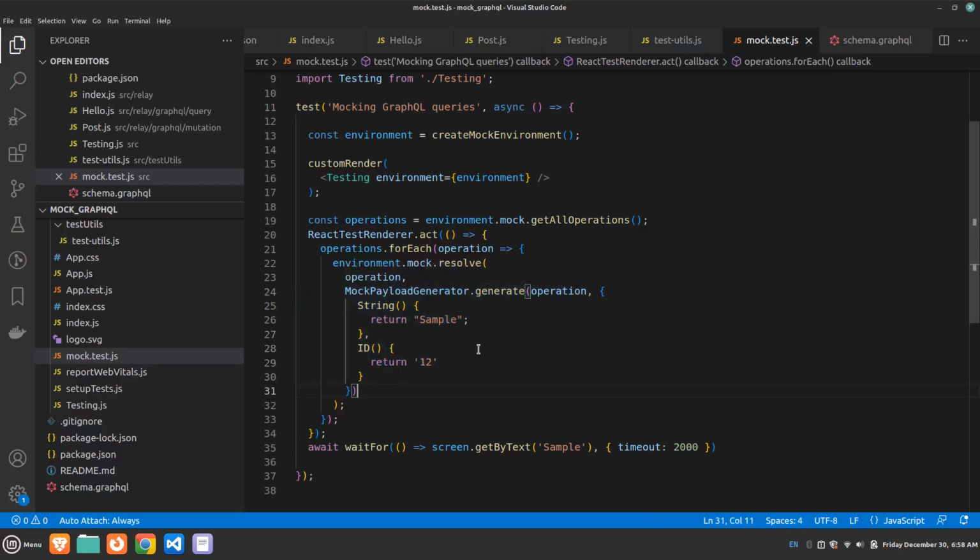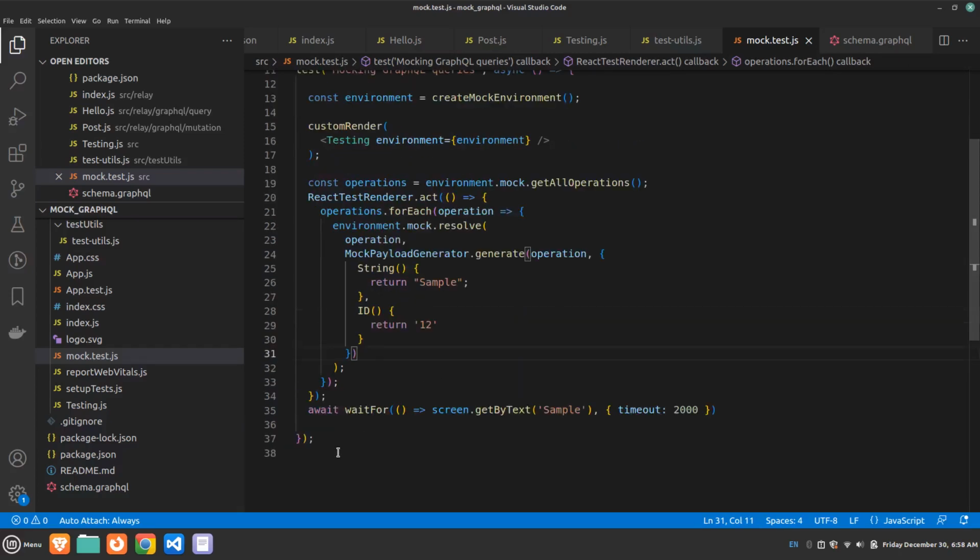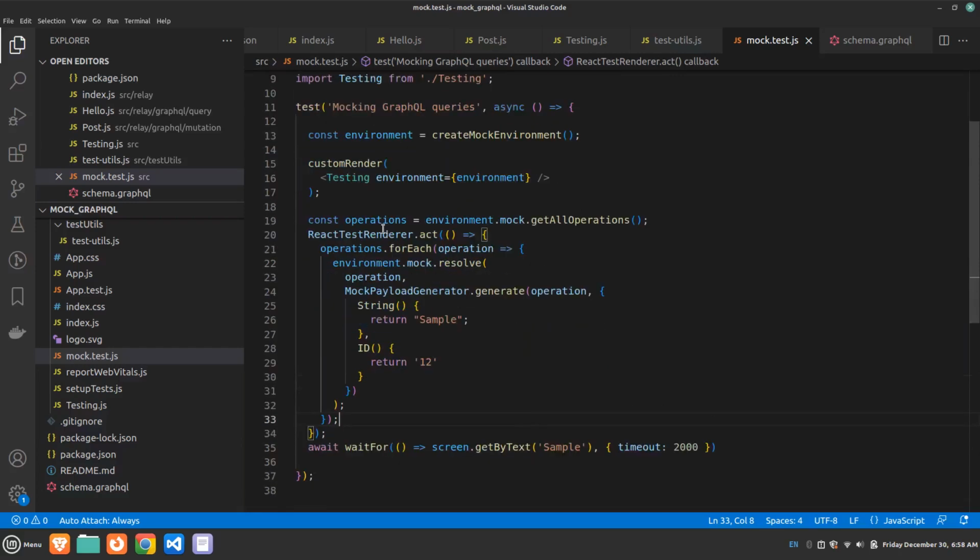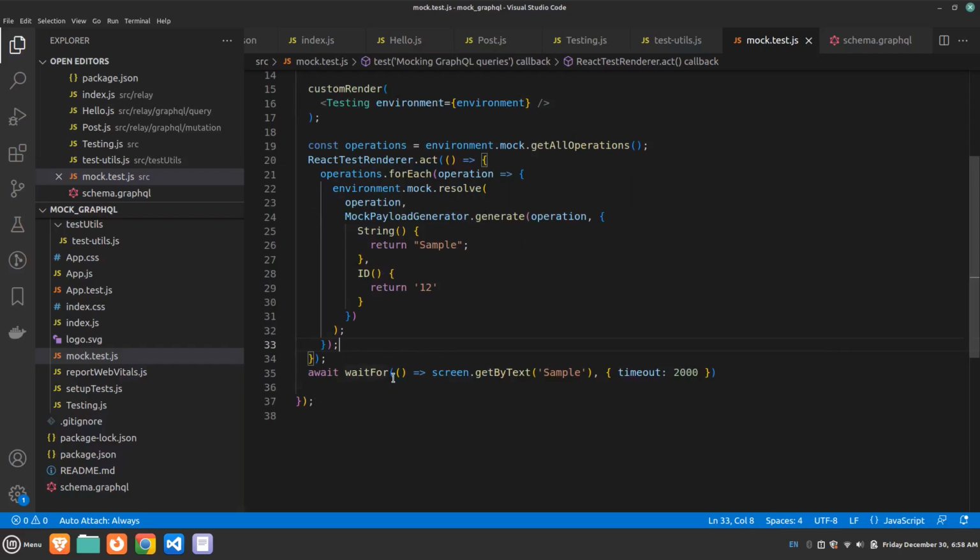The last step is we just wait for the API call to run. Even though we are running that inside the testing environment, it will take a few milliseconds to run the GraphQL query and make the API call. So the test case won't wait for that until we run it, so we have to wait for it. I have given the timeout as 2 seconds, which is fairly a lot, but just as a buffer. And we'll be checking whether the